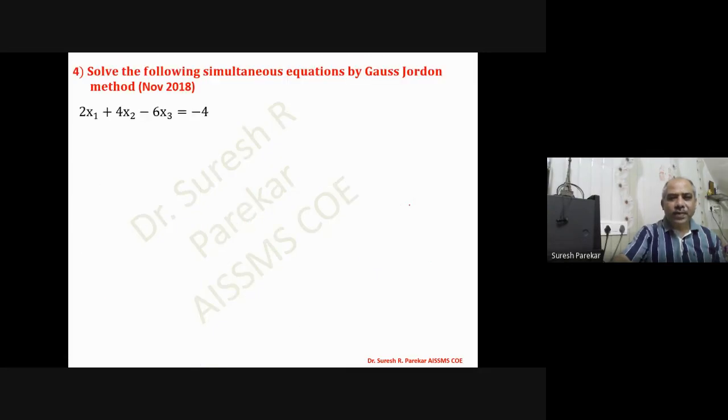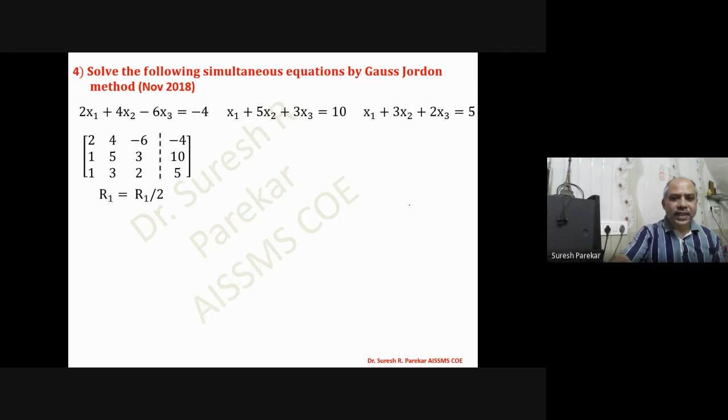And then we have the last one, which is by Gauss Jordan, asked in 2018. And then now, first I made this as 1. That is most important, but try to take this in this way so that you have no decimals over there. Now, why have I not shifted this? If I divide it by 2, 1, 2, minus 3 and minus 2. Now it becomes easy for me.